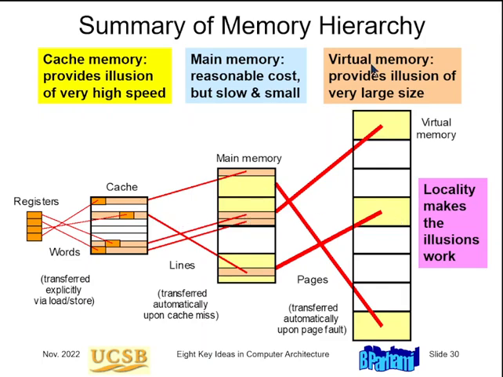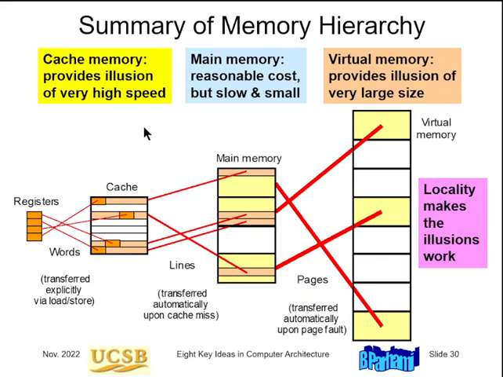And then if we implement virtual memory, we bring pages from the secondary memory into main memory. So I've shown here 3 pages. A page is a larger unit of data. So here I have words in registers and in cache. Then I have blocks in cache and main memory. And I have pages that are units of transfer between main memory and secondary memory.